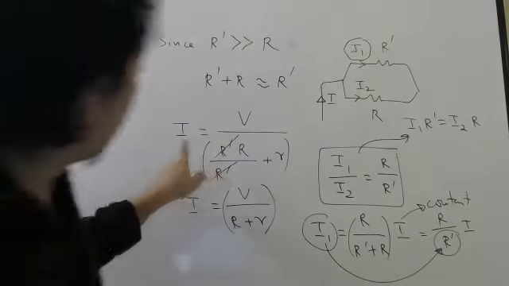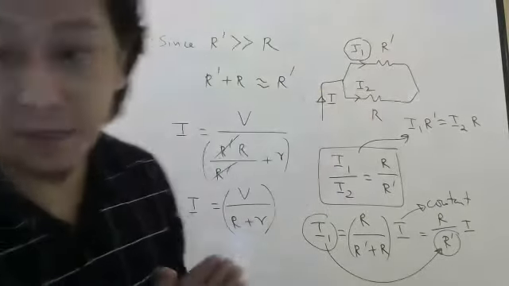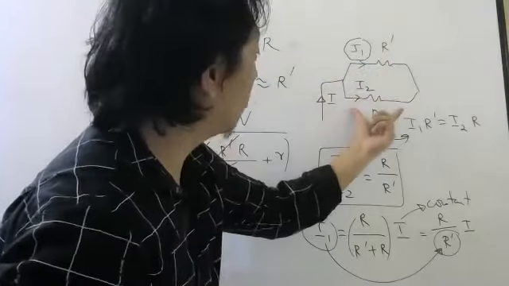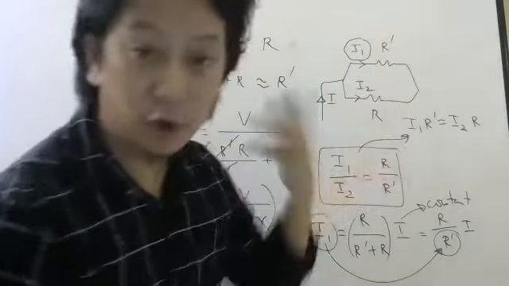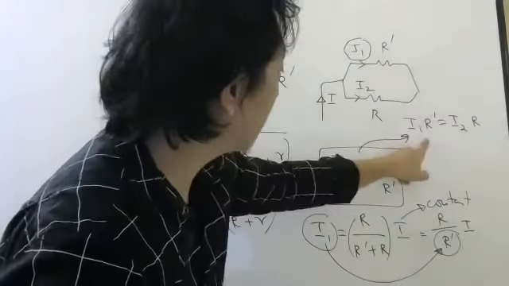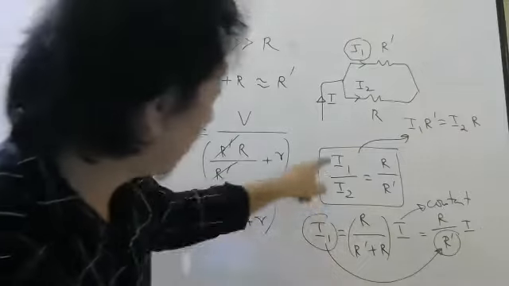Right? Since the total current we know, this current will divide here and here. The voltage here and the voltage here are the same. Since the voltages are the same, from Ohm's law, current into resistance here should be the same as current into resistance here. So the ratio you can find.